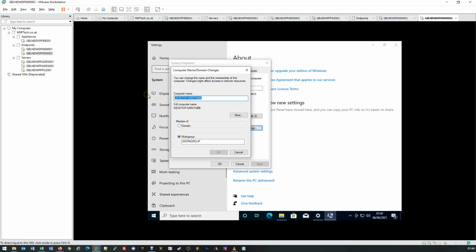So, as the previous video suggested, we've already decided on our naming convention. So we're going to go ahead and name this machine. So this is going to be GBLNDWDP000000. This one's actually number 2. We've already built a 000001 device that's been added. We're going to use both these machines later for demos, but following the naming convention